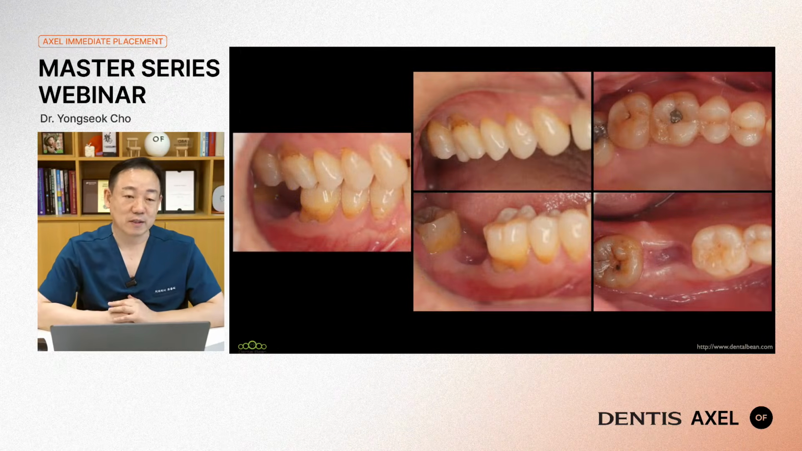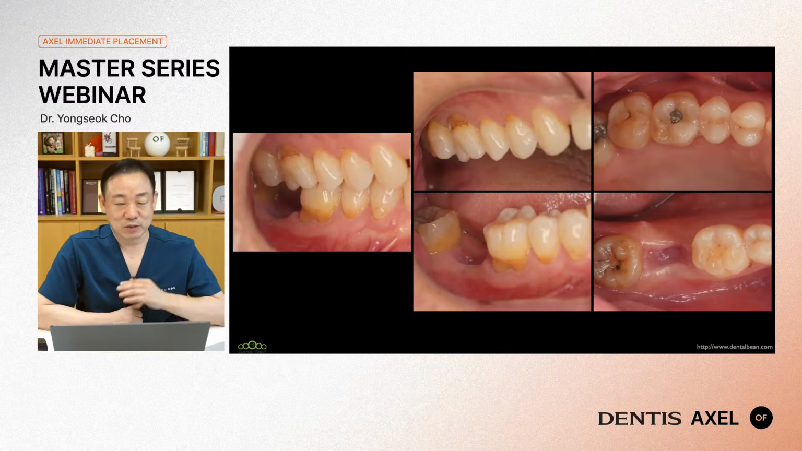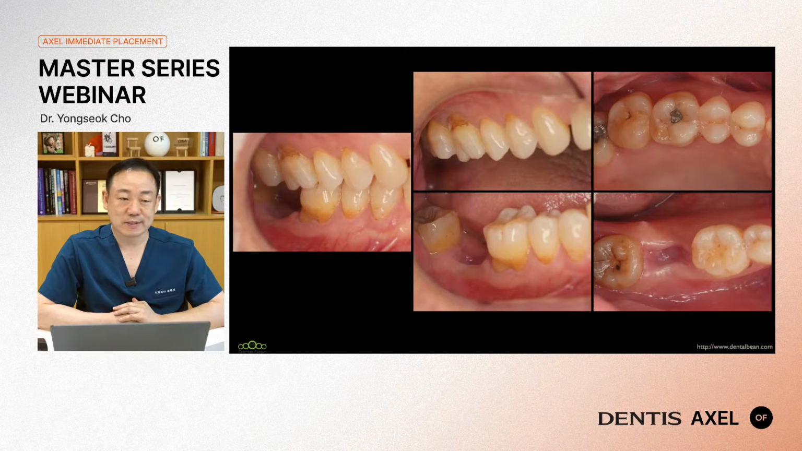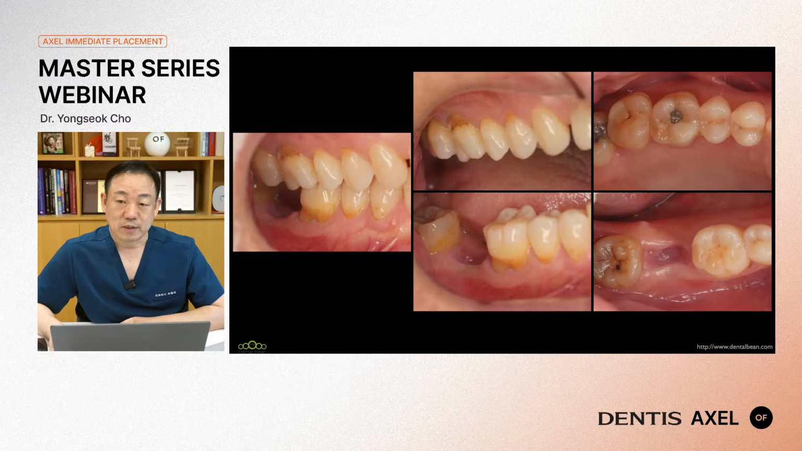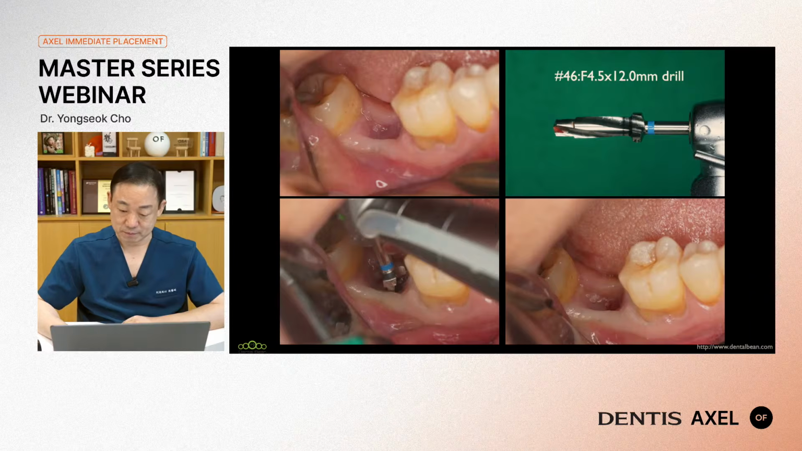Look at the clinical pictures. The socket is incompletely healed. The soft tissue covered it and looks very weak. Bone is not regenerated yet. If I open the flap, this case will change to a GBR case. However, I didn't open the flap, okay? And I performed osteotomy with a flapless surgery. After preparation,